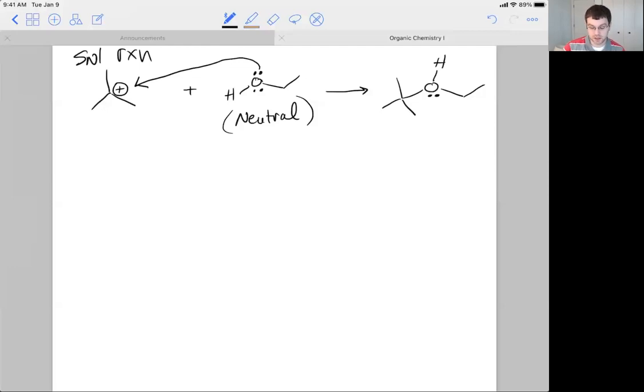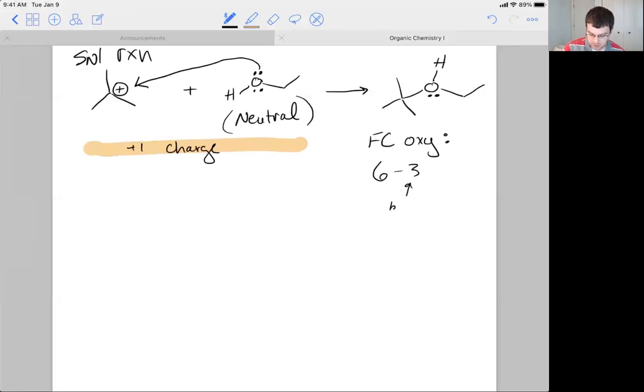Now, what that means is that we have to consider formal charges. If you look, we're overall +1 charged on the left, and as I have it drawn now, we're overall neutral on the right. Well, the +1 on the left is correct, but the neutral on the right is incorrect. The formal charge on our oxygen is, well, we have a group 6 element